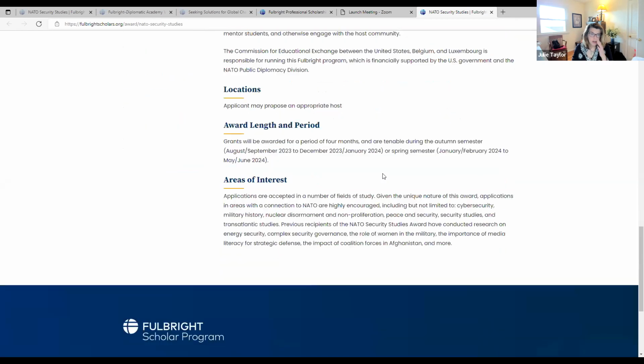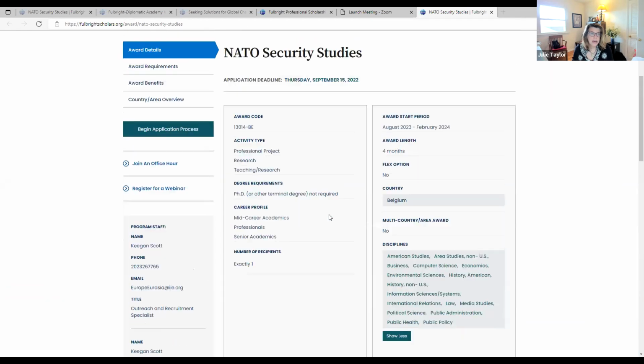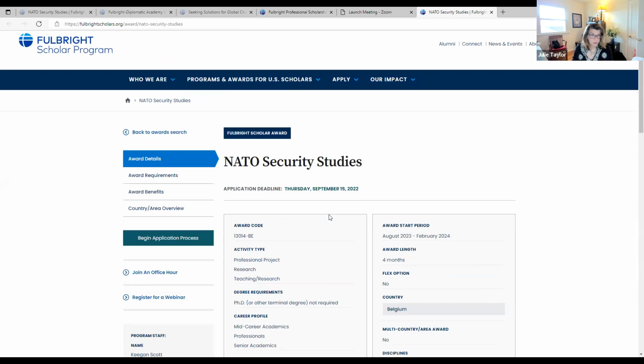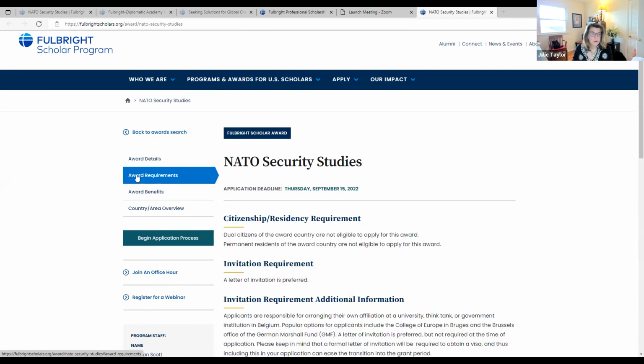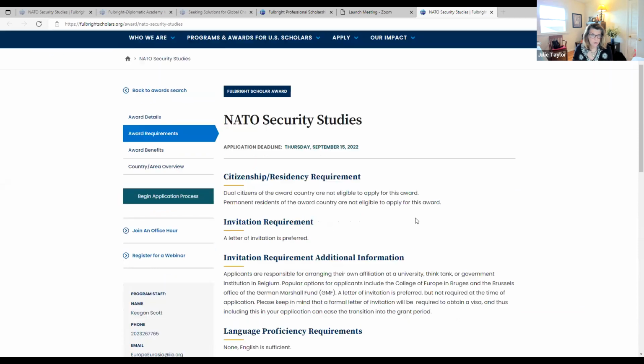And here they go a little bit more in the bottom about their areas of interest. That's how I knew about the cybersecurity, military history, for example. You can also look up this award in the Scholar Directory, and you can find what the exact titles of what other people have submitted in the past. If you go over here, you can go through all the different tabs on each award to find